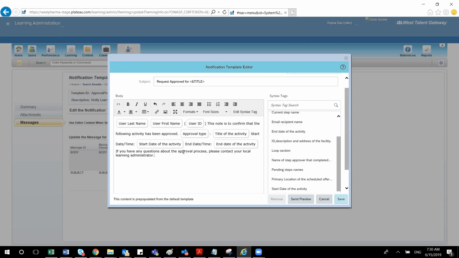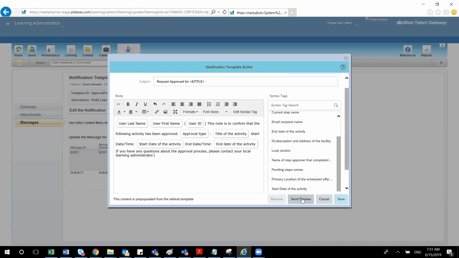And you can add some pictures also. There is an option to add pictures, and you can add some additional links here. You can add some tables. You can change the font, bold, italic, underline. All these functions are here from a look and feel point of view. But when it comes to syntax tags and the syntax templates, you have limited options here. So there are limitations. These are things you have to understand, and you should be able to explain to the client accordingly.